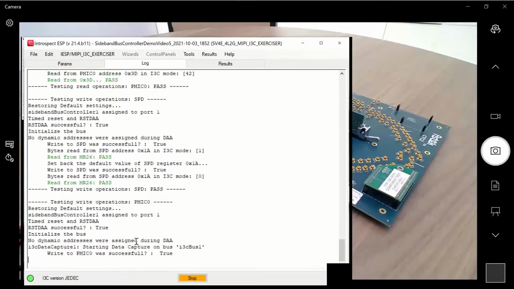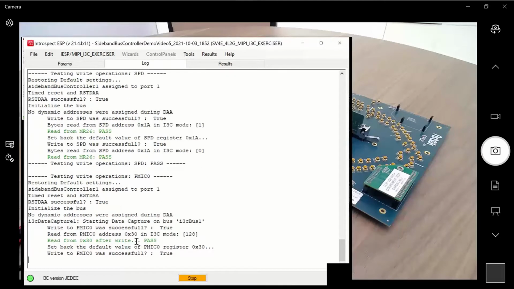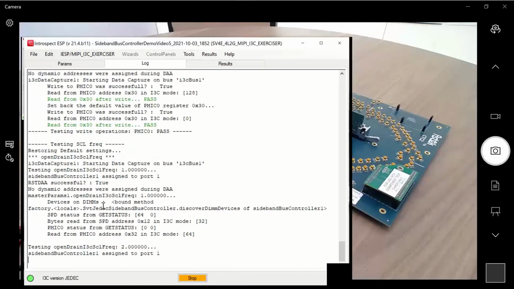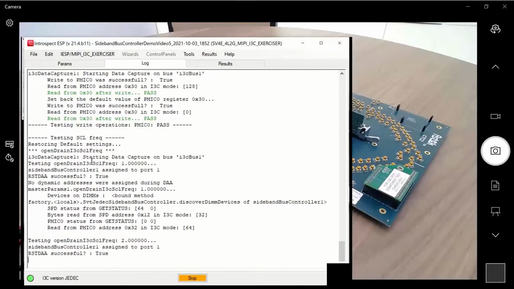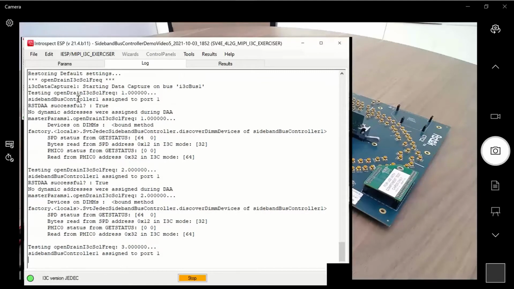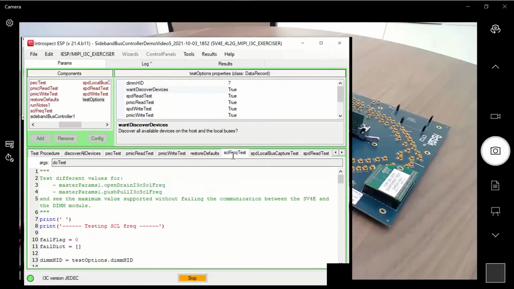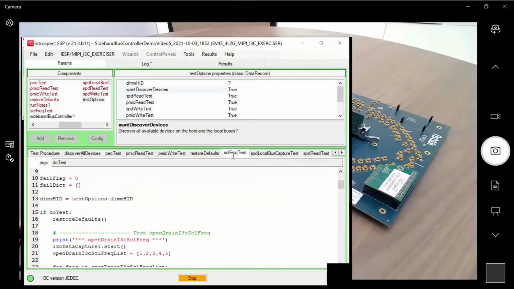So you can see that just the Python language allows us complete automation, where you can just develop library after library of tests, including characterization tests like this frequency testing function here, where we're varying the open drain frequency and then the push-pull frequency as well. So in the code for frequency test, we would be